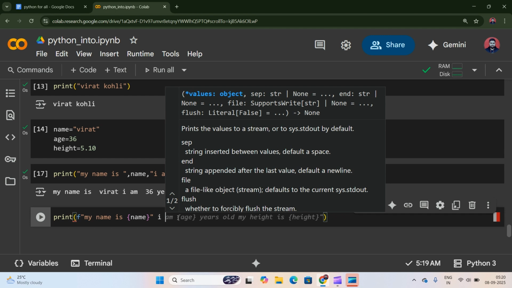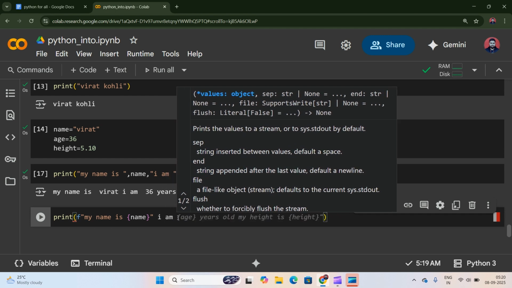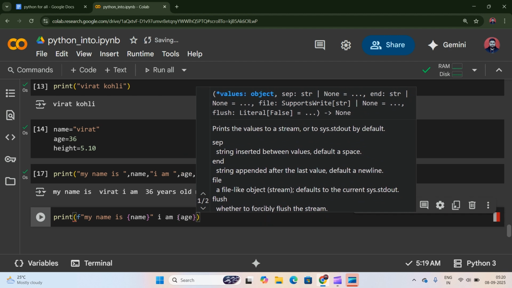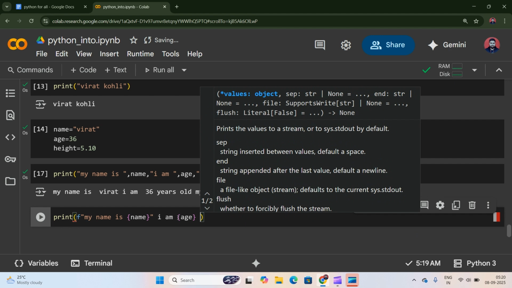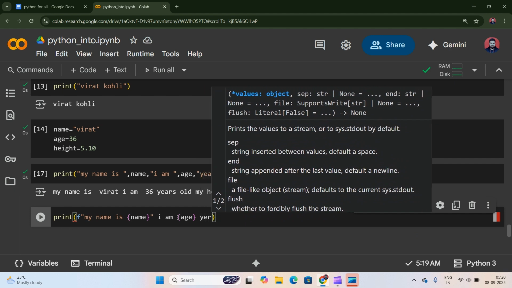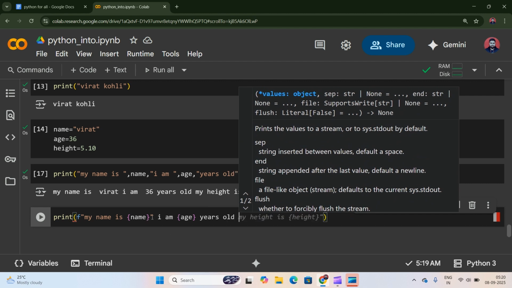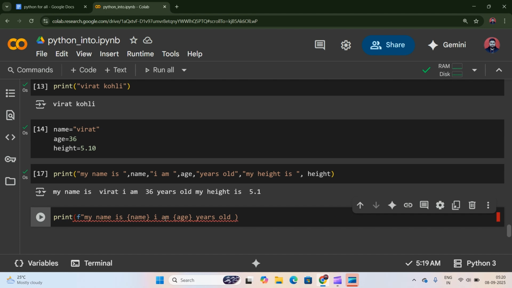My name is Virat. I'm 36 years old. Then my height is,